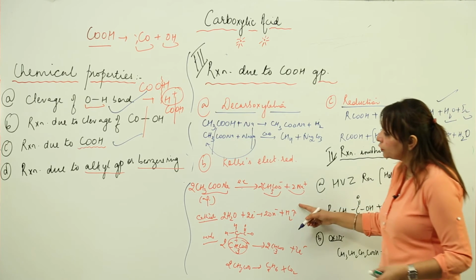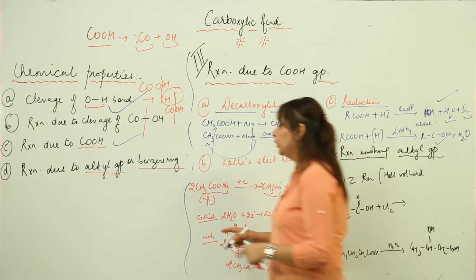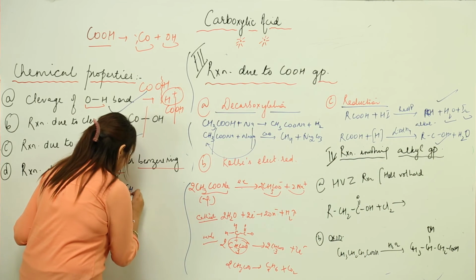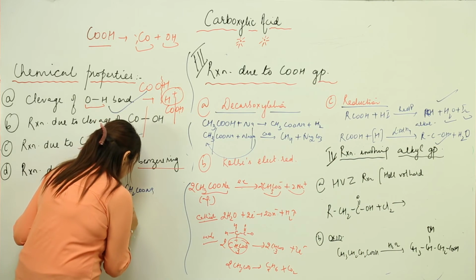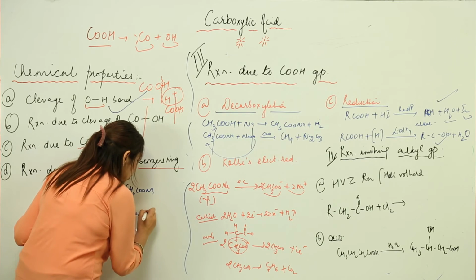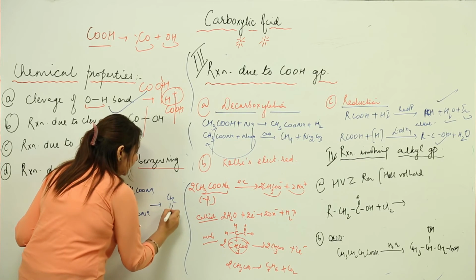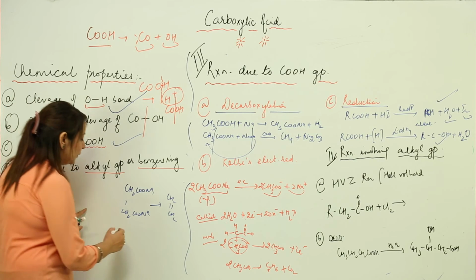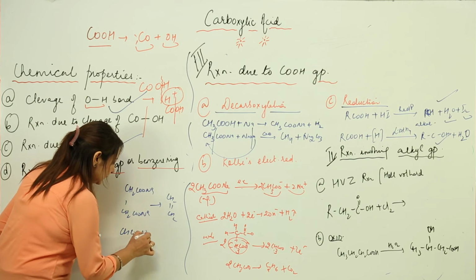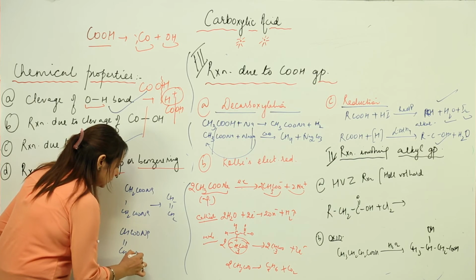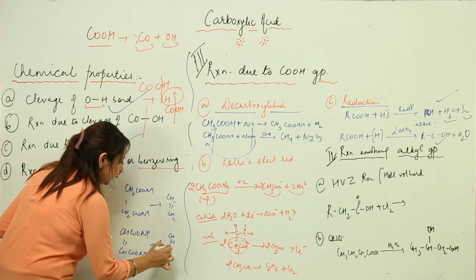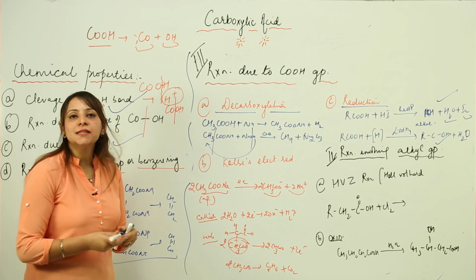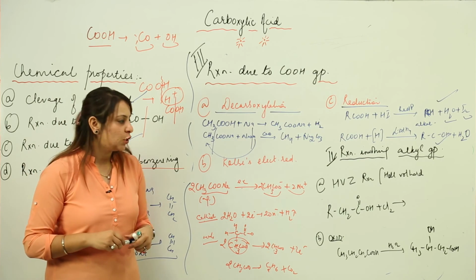And in this, if you take a sodium salt of a dicarboxylic acid like this, and you do electrolysis, you are going to get ethene. And likewise, if you take a compound already having the double bond, it will get transformed to the triple bond compound. So likewise, we can have the reactions involving the carboxylic acid group.